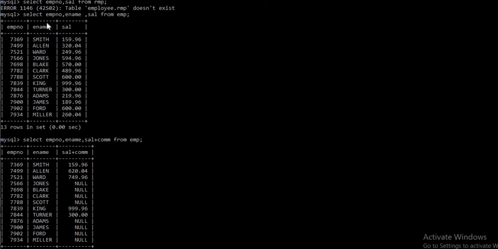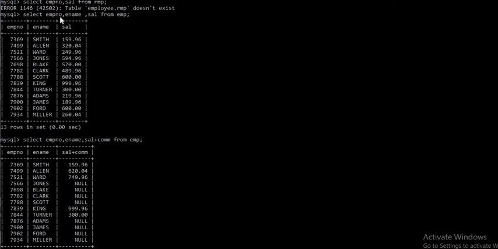Look at the query. Select star from EMP always gets you all the details of any particular table. Select star from table name, semicolon. I don't want all the data. I want only particular fields, not all the fields. So I can use individual names like this. Select EMPNO, comma.